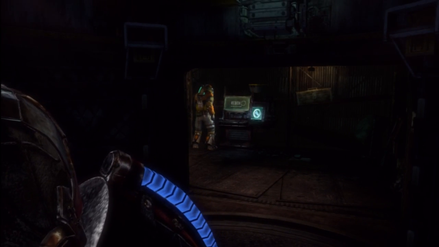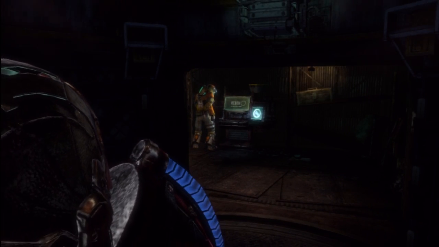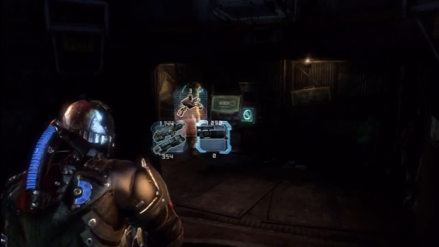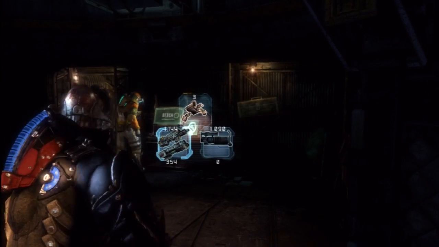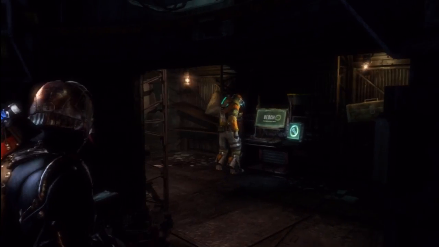There's a lot of blueprints in the tungsten torque bar rooms. If you guys are wondering where you get all the blueprints and all the good frames and stuff like that, they're normally in the tungsten torque bar rooms. So